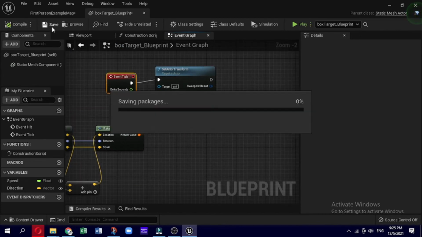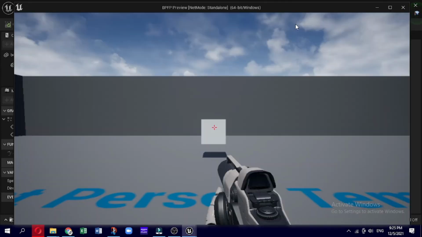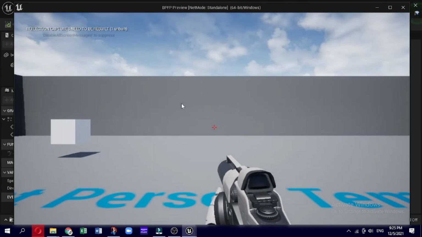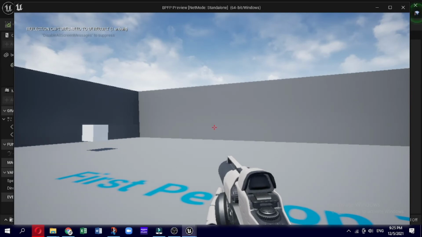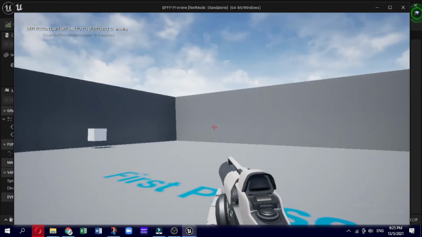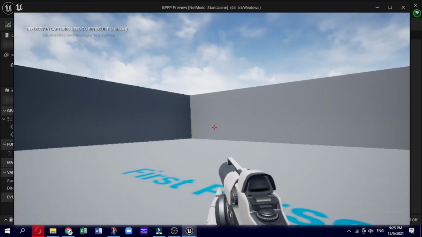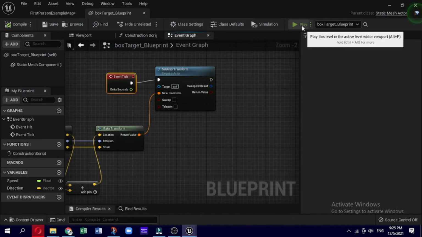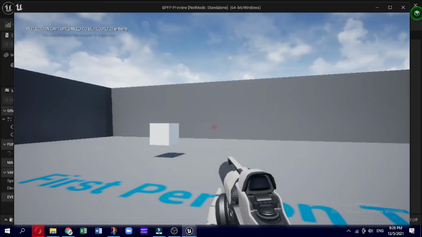What would you expect to see? The box target would move according to our speed and direction as soon as the game began. However, since we don't have any instructions that cause the target to stop moving, it would proceed in the same direction for as long as the game runs, even moving through objects and out of the level we created.